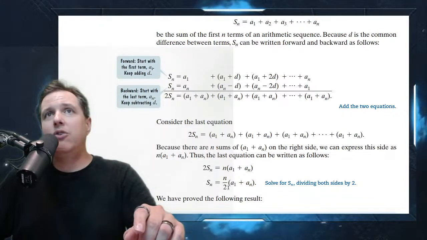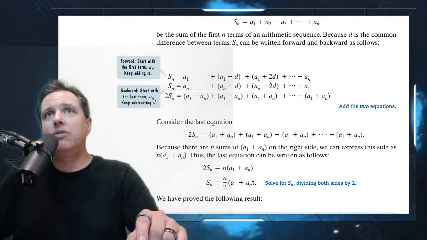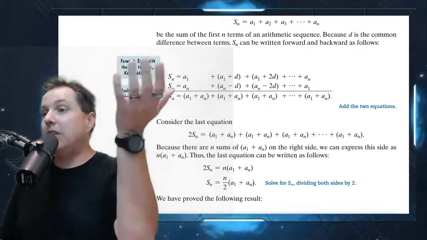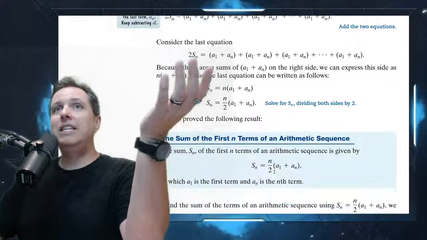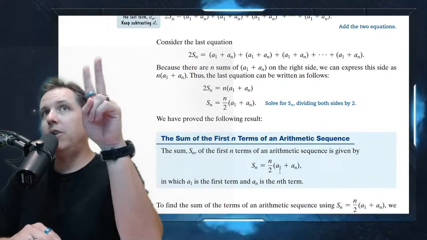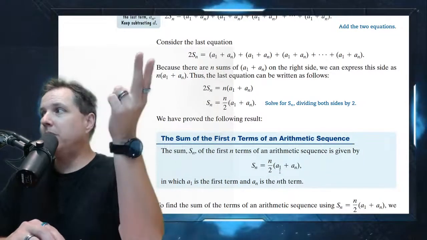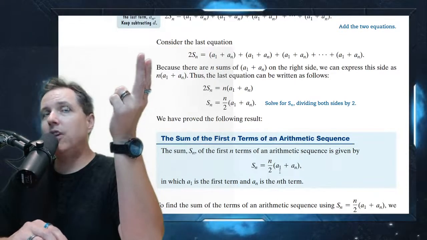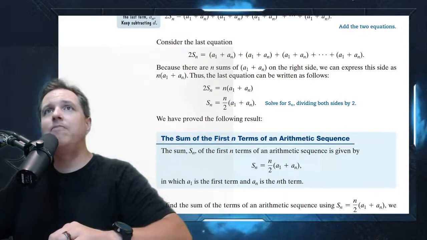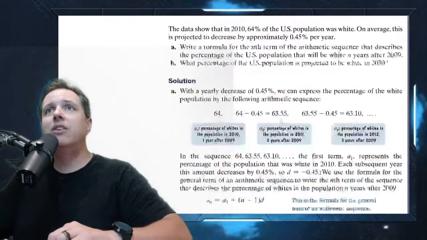The sum is n over 2 times a sub 1 plus a sub n. So that's awesome. That means this is a really easy formula to do. All you need is your first term, your last term, you add them up, and multiply by n divided by 2. And you go, but wait, what if I don't have a sub n? Well, we just looked at that, right? We just gave you that formula a second ago.